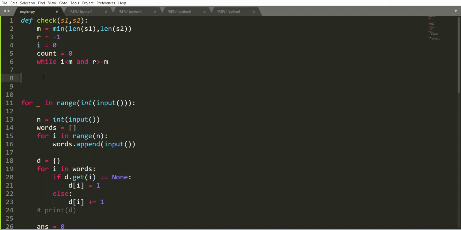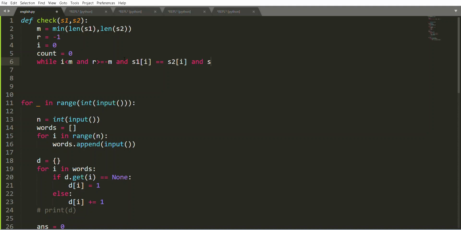Because if I have strings like problem and problem again, although we'll not be having such strings because we have already removed such pairs, suppose we had these strings, s1 is problem and s2 is problem. So I match these. This is -1, -2, -3, -4, -5. Okay, so we'll have to put an equal to here also. So this is r greater than or equal to -m, and now s1 from the front should be equal to s2,